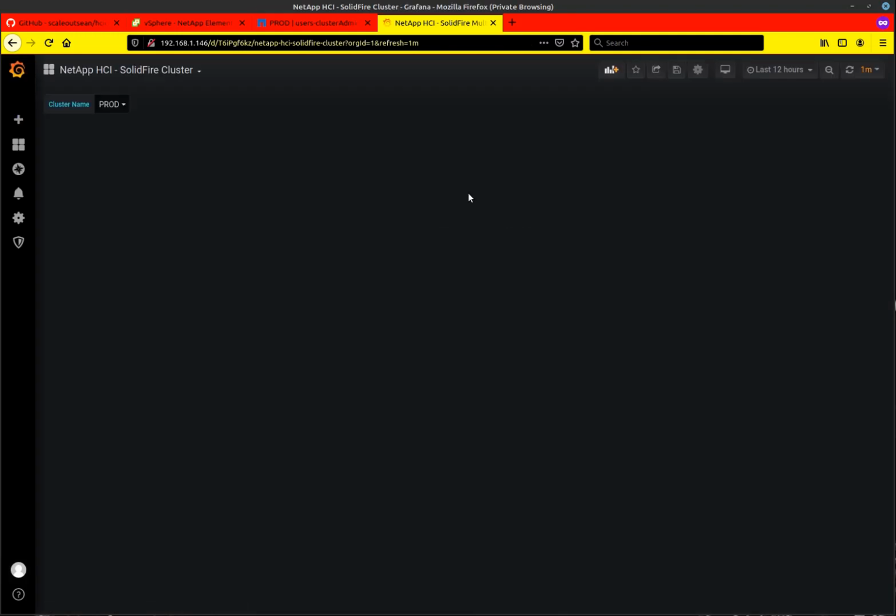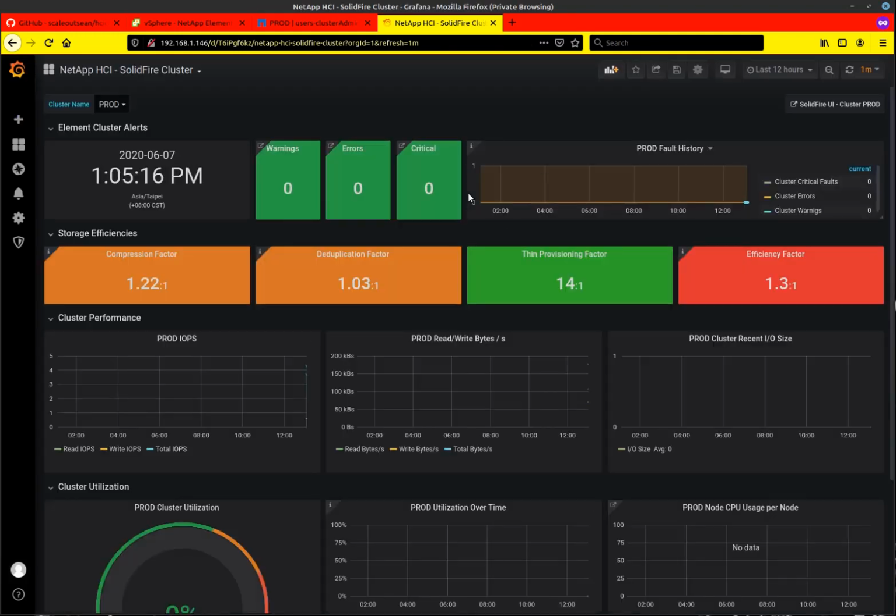The next is SolidFire cluster. This dashboard has undergone more changes. So you can see there's a clock panel now. There's a lot of panels which have either links or descriptions, which is useful. Efficiency factor now does not account for thin provisioning, which was kind of confusing to many